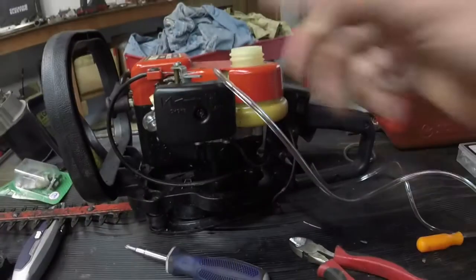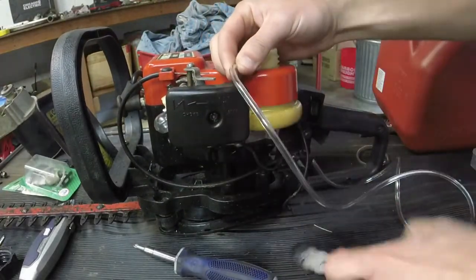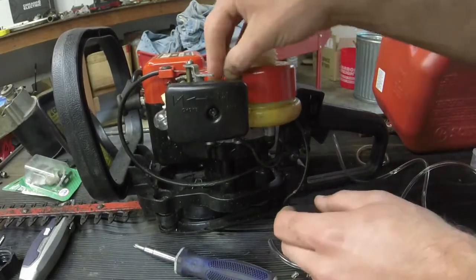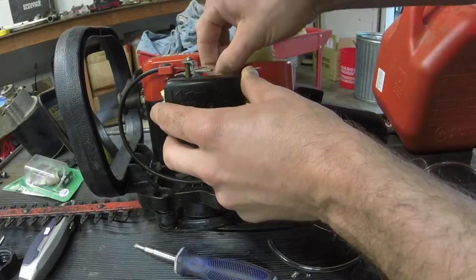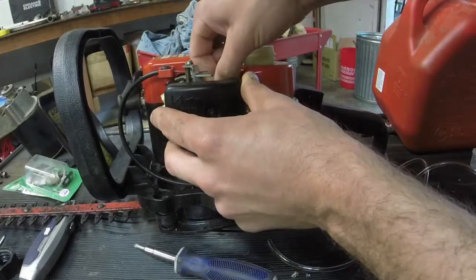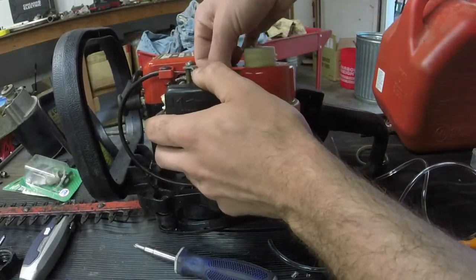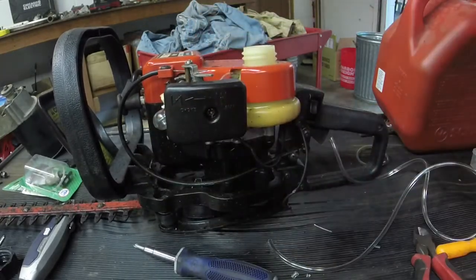I'm going to take it and cut the line about right here. I'm literally just going to pop the line onto the inlet tube for the carburetor, which is much easier than having to try and slide it through the tank. So I know you can't see this because the air filter's in front of it, but I'm just sliding it onto that intake tube. Make sure it's down there to where it's not going to come off easy. It doesn't have to be down there insanely far,